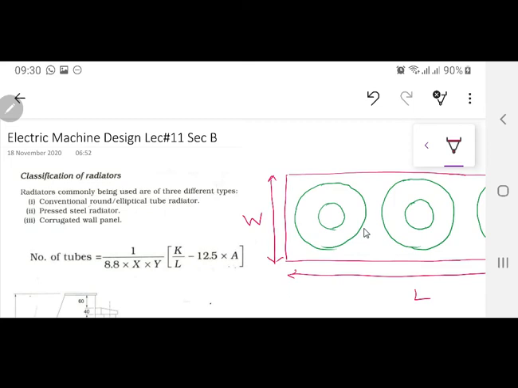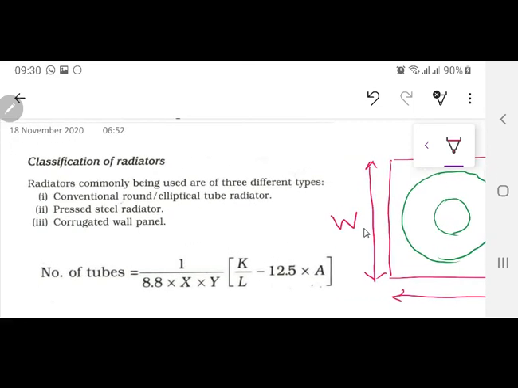Okay, if you come to the classification of radiators, we know there is power being dissipated inside the transformers, and we have called that power the no load loss plus the load loss, which means the I square R losses plus the no load loss, or the core loss. So we want to dissipate that power in the form of heat. Now where is that heat going? That heat is going towards the oil of the transformer, and that oil has to radiate that heat in three modes of heat. What are the three modes of heat?